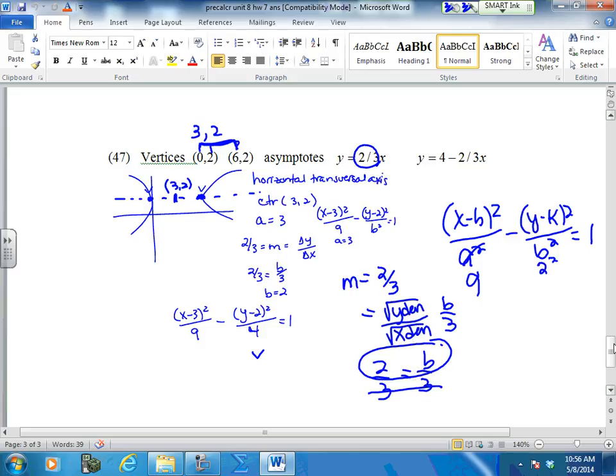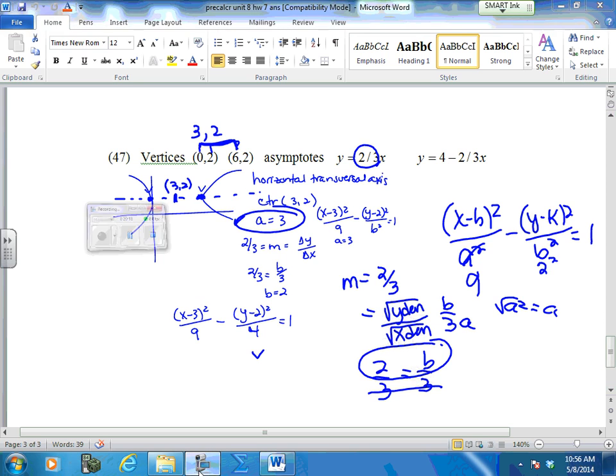Okay? Yes. You were trying to figure out what B was. Where did you get that 3 from? The 3 is your a. Underneath your x is your a. But we already found a. Oh, okay. So I want to take my square root of my a squared. So square root of a squared is a. And in this case, a was 3. You're going to have to know one of them. Unless it's going to look real messy like the other ones. Good? I think this was the last one, right? Okay, I'm